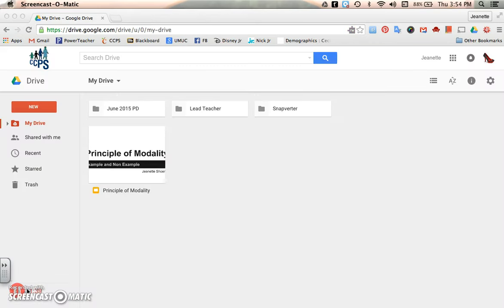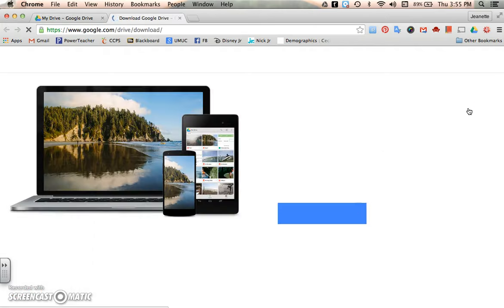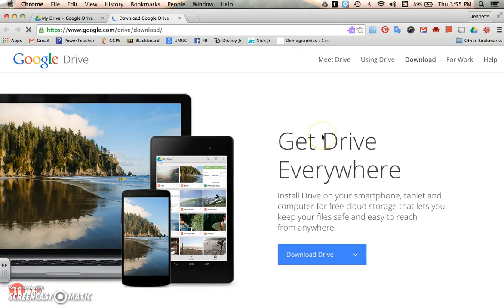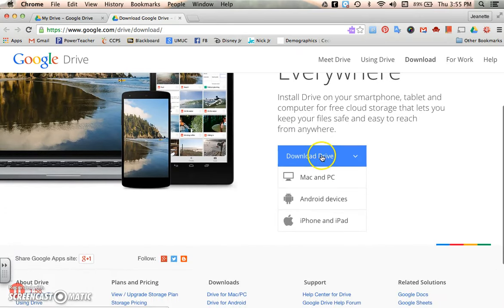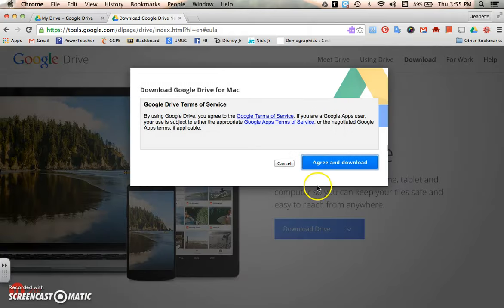The first thing to do is to log into Google Drive. I am already logged in. Over here in this settings icon, if you click that, you can see download drive, and clicking that will get you started. It says get drive everywhere, but the most important part right here is the download drive, and I'm using a Mac, so I'm going to be downloading the Mac version of this. I'm going to agree and download,